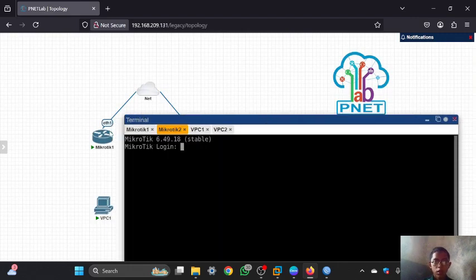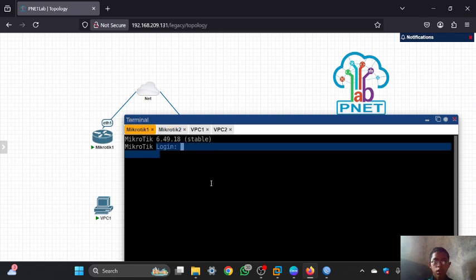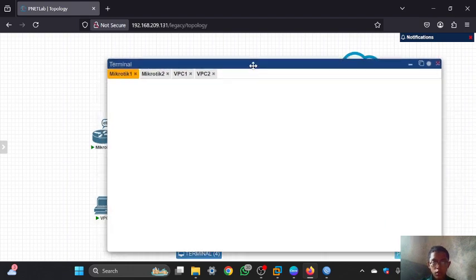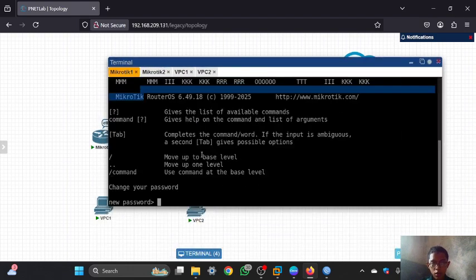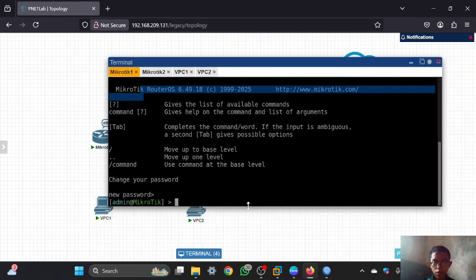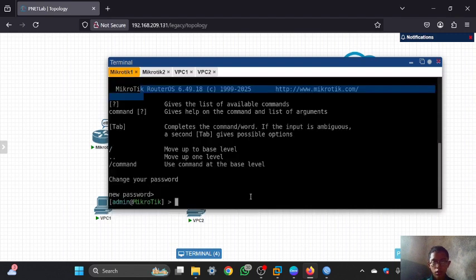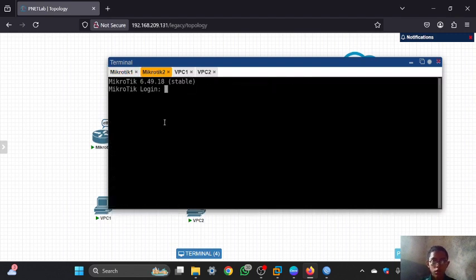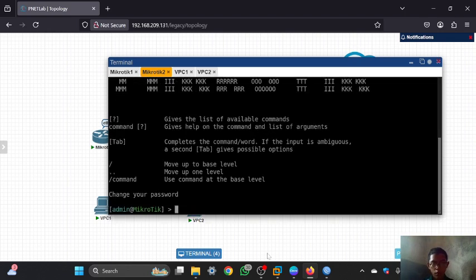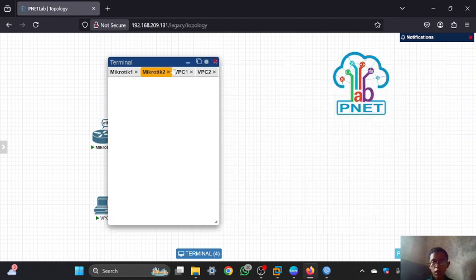And after that you can open the router and then you can log in. The user is admin and the password is blank. And then I'll press Control C because I don't want to set the password. And in the second router too, you can log in. The user is admin and the password is blank. And after you open the router,